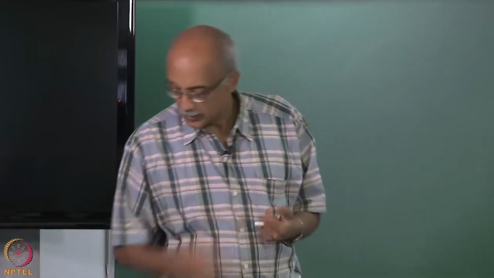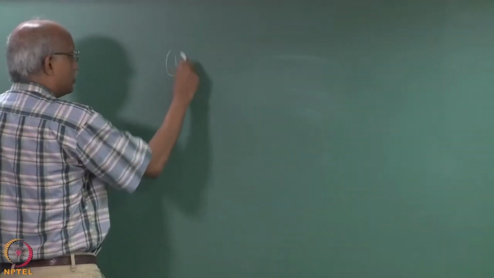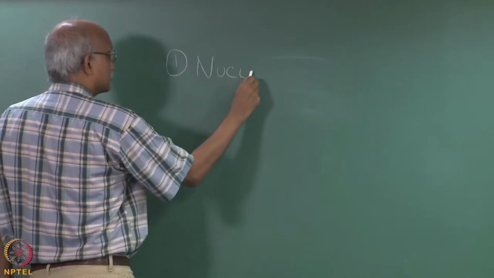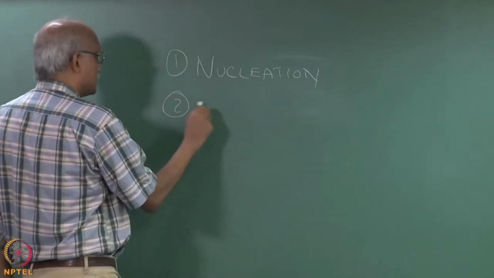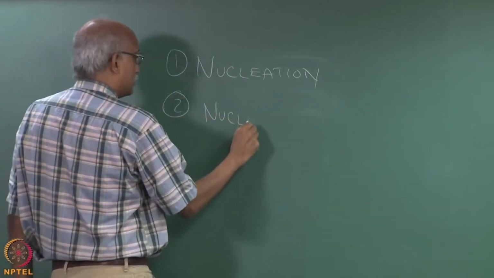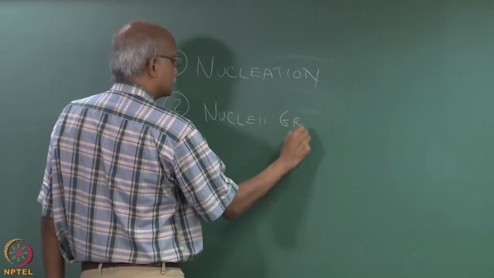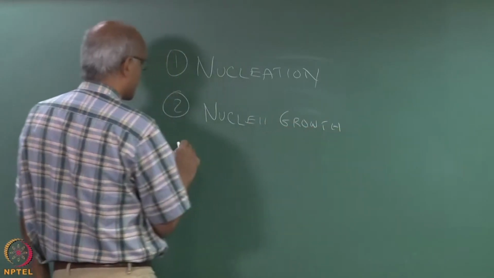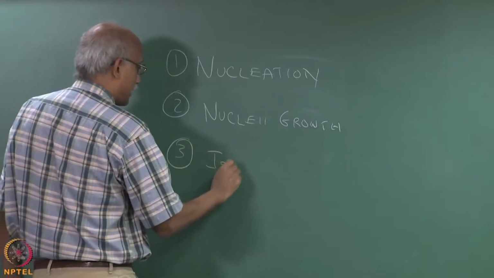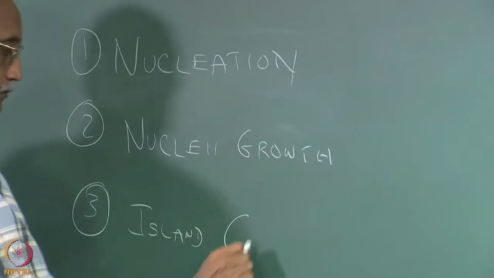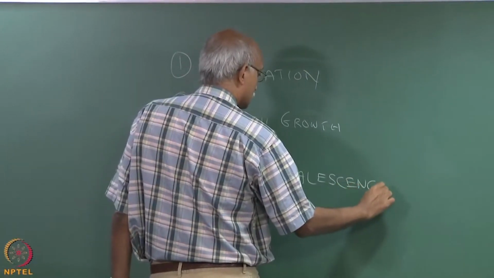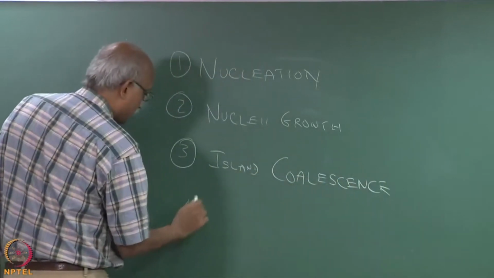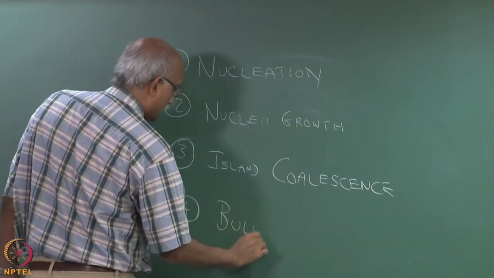There are actually 4 stages in the formation of a CVD film, and these are: first you have a nucleation step, the second stage is called nuclear growth, the third stage is called island coalescence, and the fourth and final stage is where bulk